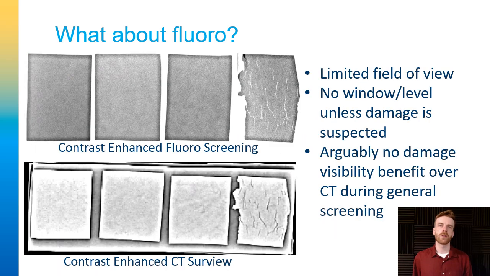I was surprised I couldn't see the plastic deformation, but then I realized it could be because I couldn't window and level on the fluoro interface like I could on the CT. So I exported the images onto ImageJ and used the window and level functions to make the images that you see here. I still don't think you can see the deformation marks,